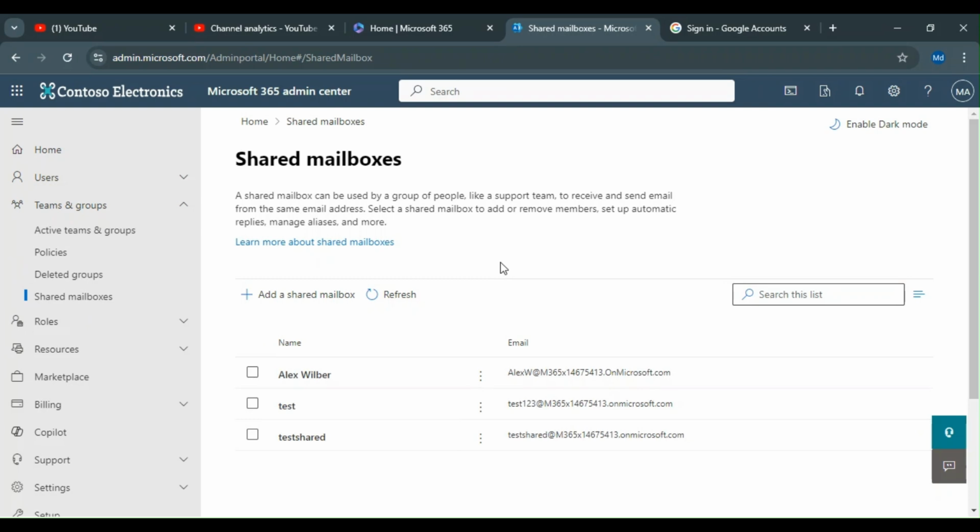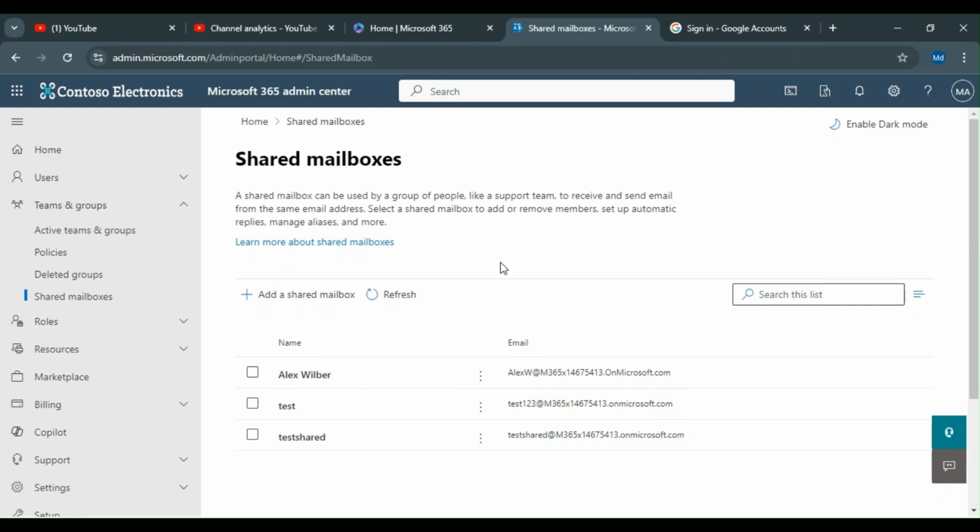For example, if I have a support team, and you have a portal for support, what you want is that if somebody raises a ticket, the members of the shared group will automatically be notified. The mail will never move or reside in their primary mailbox. Instead, it creates a separate mailbox